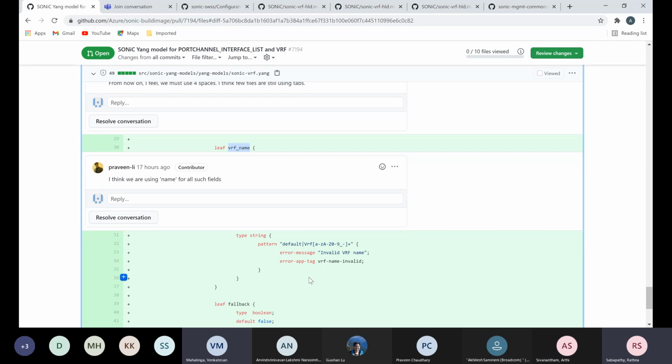It is implicit, but wherever you want to configure this parameter as a leaf ref, in that case this pattern applies. So this will be mainly for non-default VRF, correct? Right. Then maybe we can remove the default pattern from there. Default is added for leaf ref purposes. In the VRF manager we are ignoring it. If you get a VRF name with default, we are just ignoring it. This is to cater to the YANG needs basically.